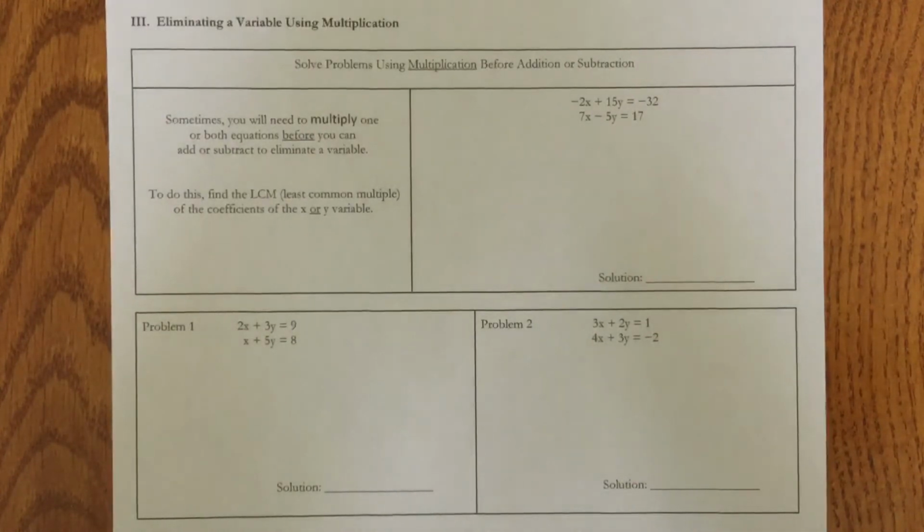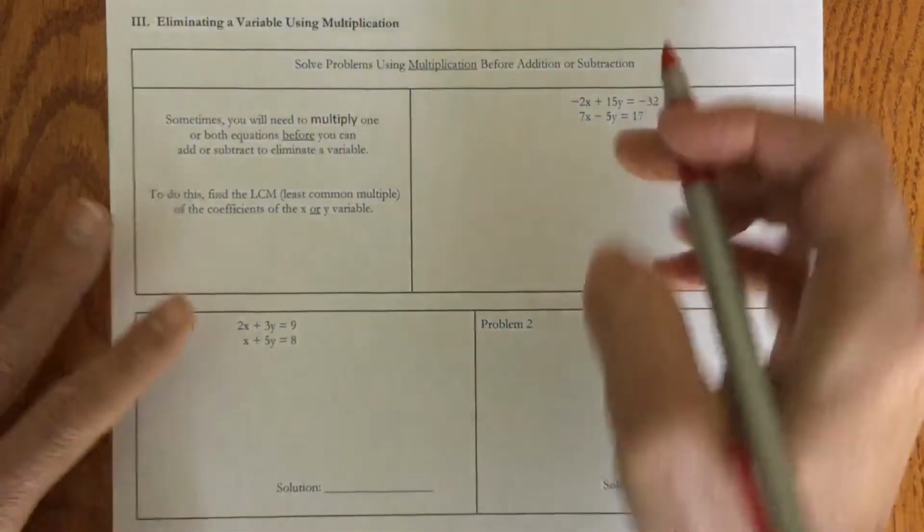If this is the case, we're going to have to multiply one or both of the equations before we can add or subtract to eliminate a variable. To do this, we want to find the least common multiple of the coefficient of x or for the coefficient of y. For this equation, I'm going to concentrate on the y variables. I noticed that 15 and 5 have a common multiple of 3. If I simply multiply the bottom equation by 3,